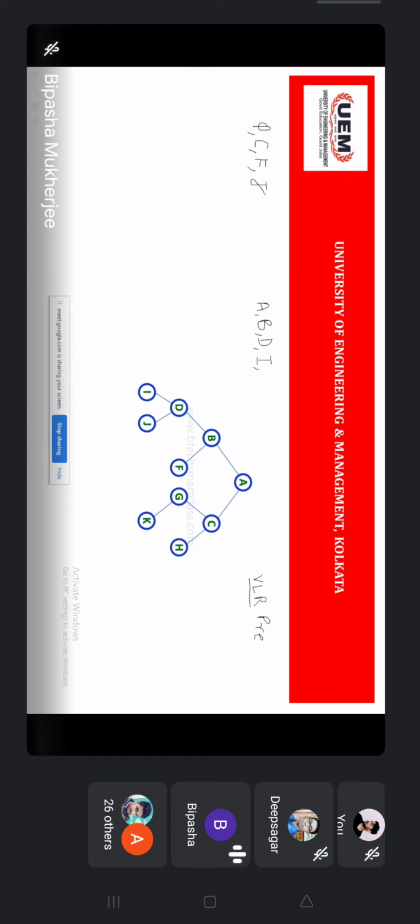Then what will you do? Once you pop it from the stack, you need to set your pointer to J and check whether there is again some leftmost path, the same thing that we have already used. Now you have to do that thing for every popped node from the stack.